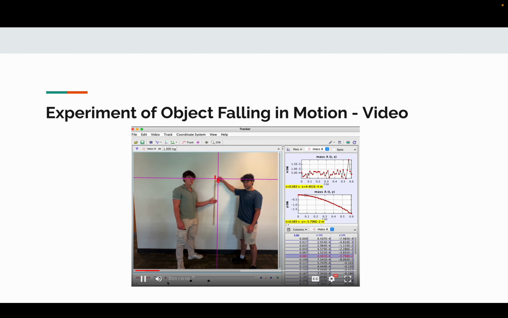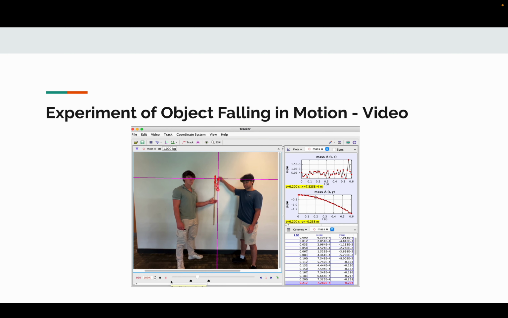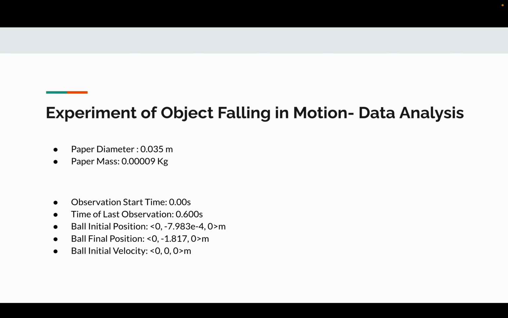This is a Tracker video. The graph shows the position-time graph for the paper ball motion. Since the paper ball is falling down, the graph will be sloped downwards and appear parabolic due to the acceleration of gravity. Here is the data from Tracker. The diameter of the mass is shown above, and the change in time is equal to 0.6 seconds. The ball's initial and final position is shown below, and the initial velocity is 0 since the object was dropped